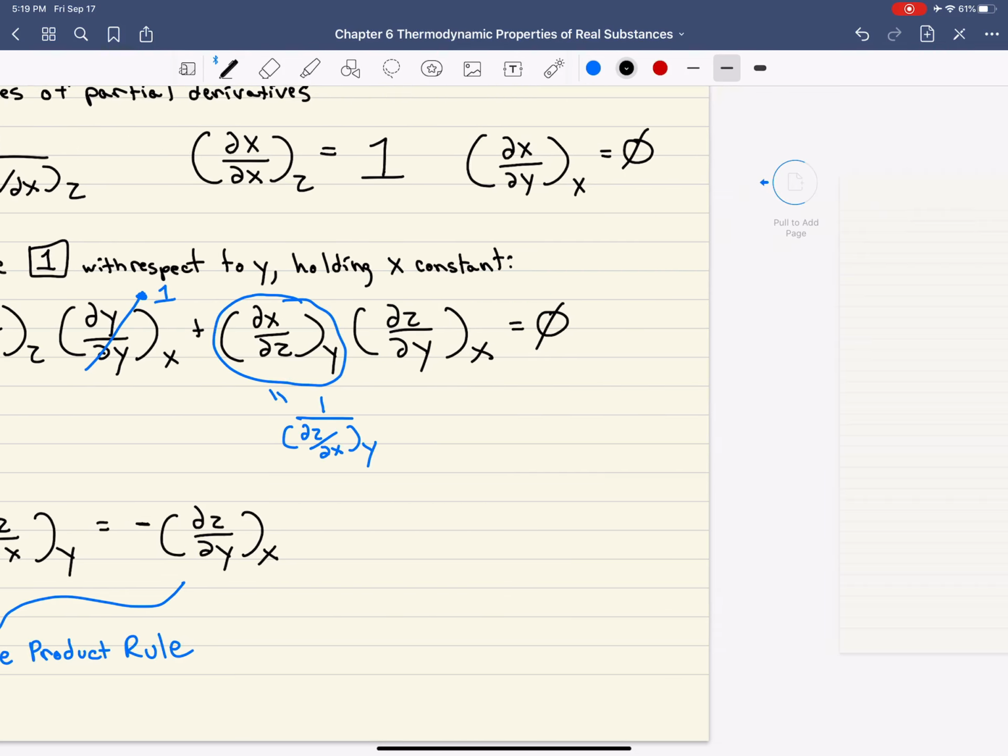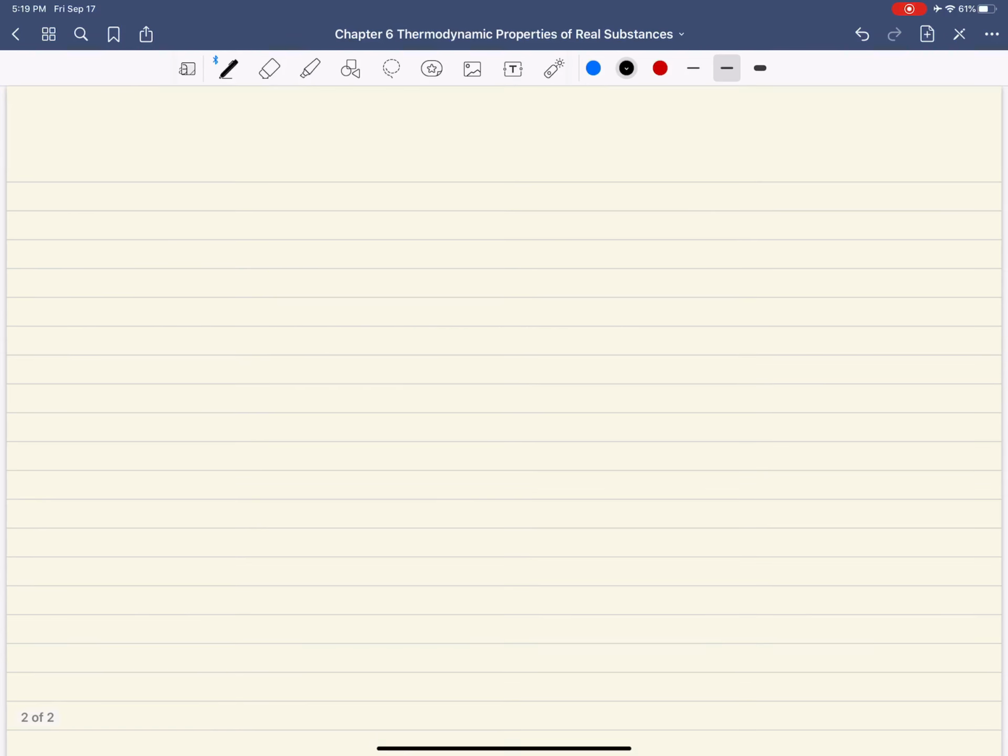Moving on, there's another property of partial derivatives known as the commutative property. And so this property has to deal with second derivatives. And so essentially with this property,